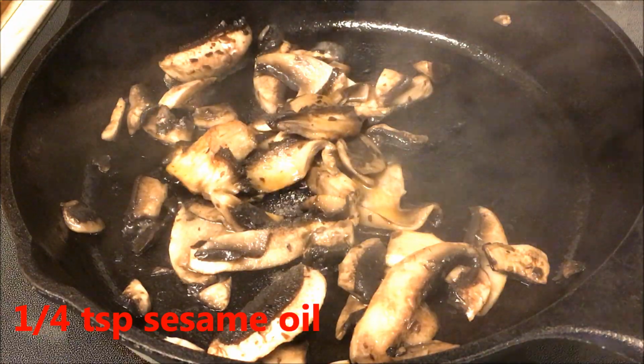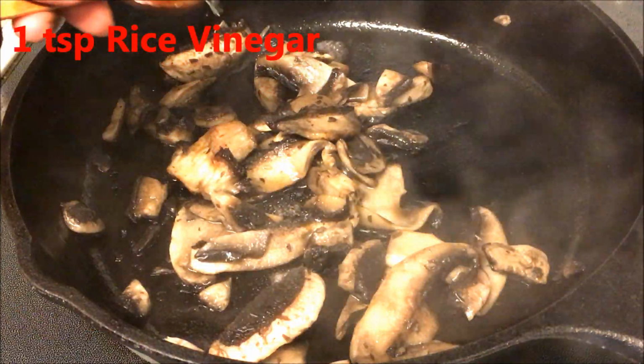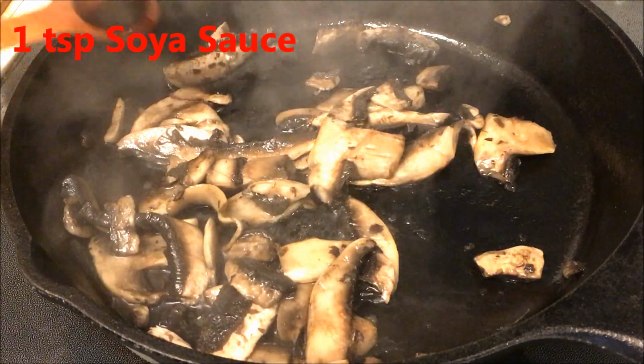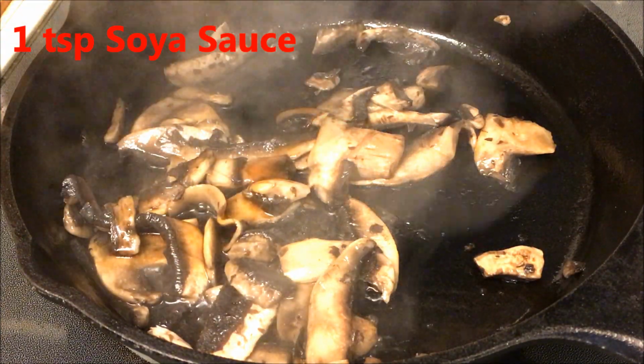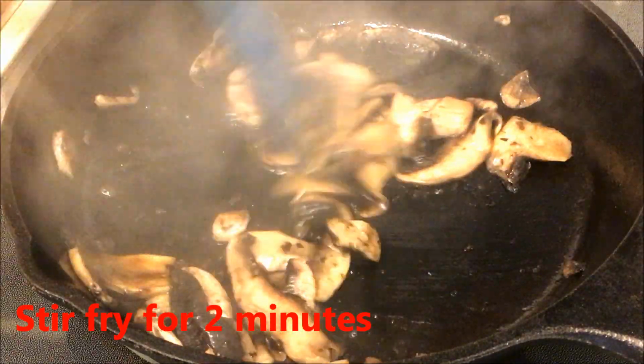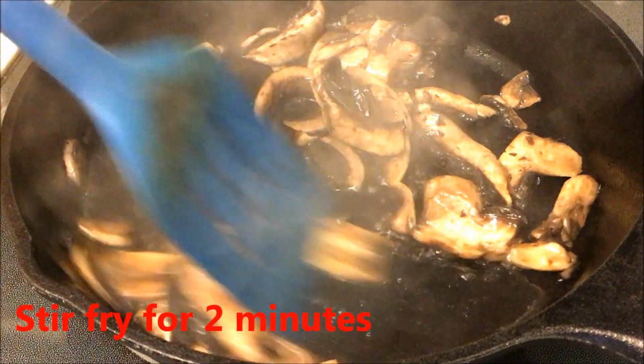Add sesame oil, few drops, rice vinegar and some soya sauce, and that's the reason to adjust the quantity of the salt. Now stir fry for 2 minutes on high heat, and